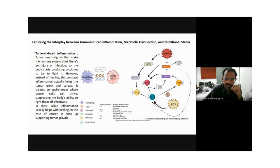And you have these T helper cells and many other cells which will identify cancer cells and kill them. It means that the macrophage is something of a friend of the T cell, waiting for the T cell to kill the cancer cell so that it can remove that dead cancer cell out of the body. But here what happens if the inflammation increases because of IL-10, IL-6,